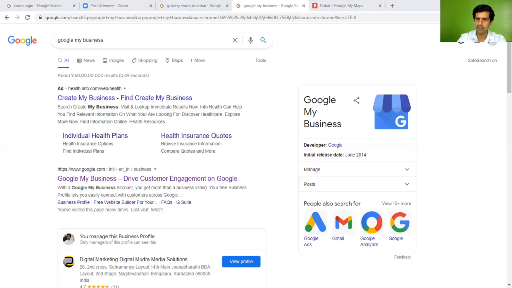Then we can give the contact number here, and the website URL if you have one, or we can get a free website. If you select the free website, there are options that will show you how you will get the free website. Depending upon the information we have given and the images we are uploading, it will show you the website. It is a very simple, normal website. Let's move on next. Now it will show verified. It will send the code to the address.